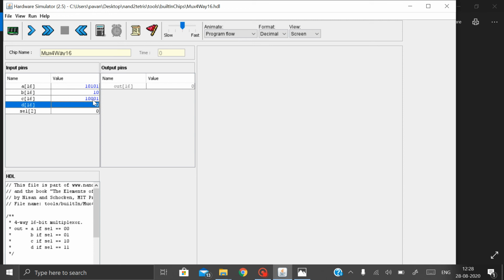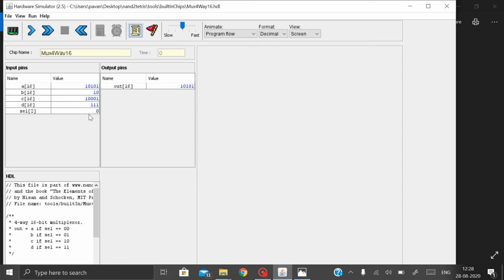Here the fourth input let us take as 111 and the selection line be 0. If we run this, you can see here 10101, which is the input of A. The same output we get in the 16-bit 4-way Mux multiplexer.